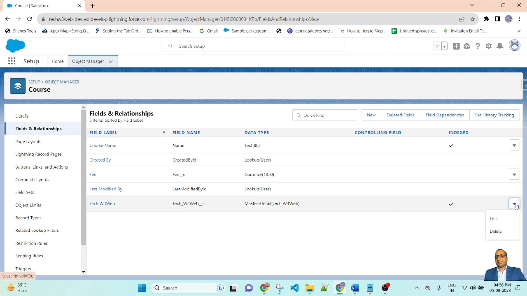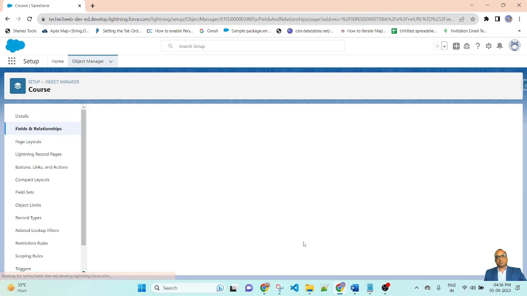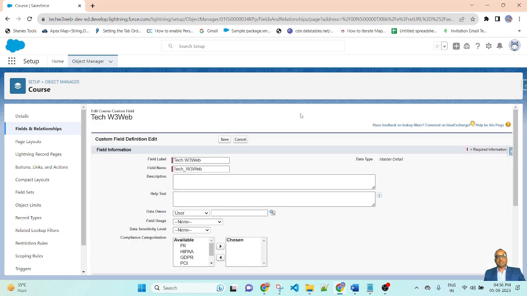Now, edit the field. And here you can find there is no option to change the field from master-detail to lookup, because if the master has a roll-up summary, we cannot change it. So there is no button to change the field type.